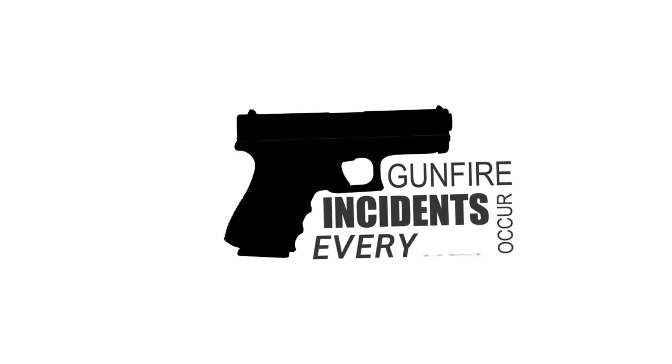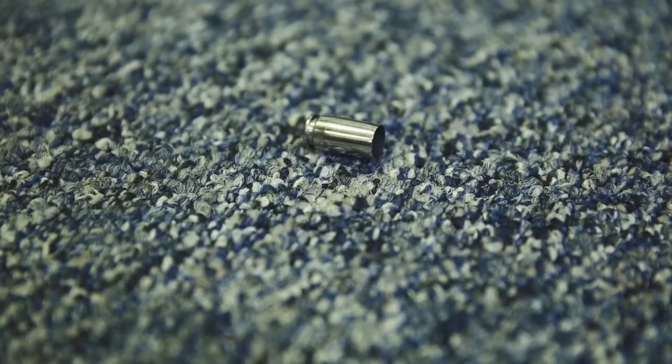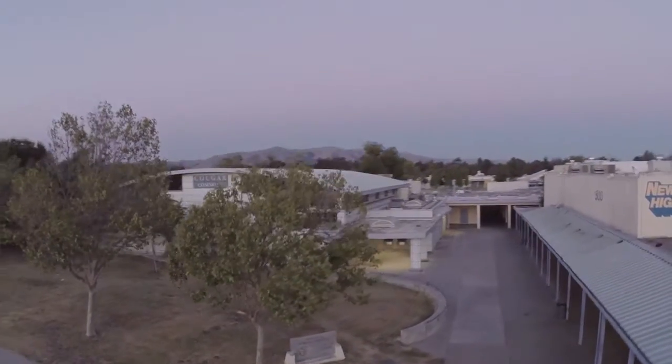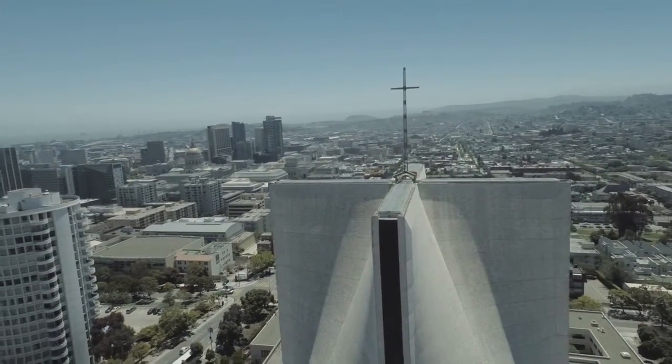We live in a world where gunfire incidents occur every day. The reality is that gunfire incidents can happen anywhere, either outdoors or indoors. At our schools, our places of employment, even our places of worship. In the past few years, unthinkable tragedies have occurred, like the shootings at Sandy Hook Elementary, Virginia Tech, and the